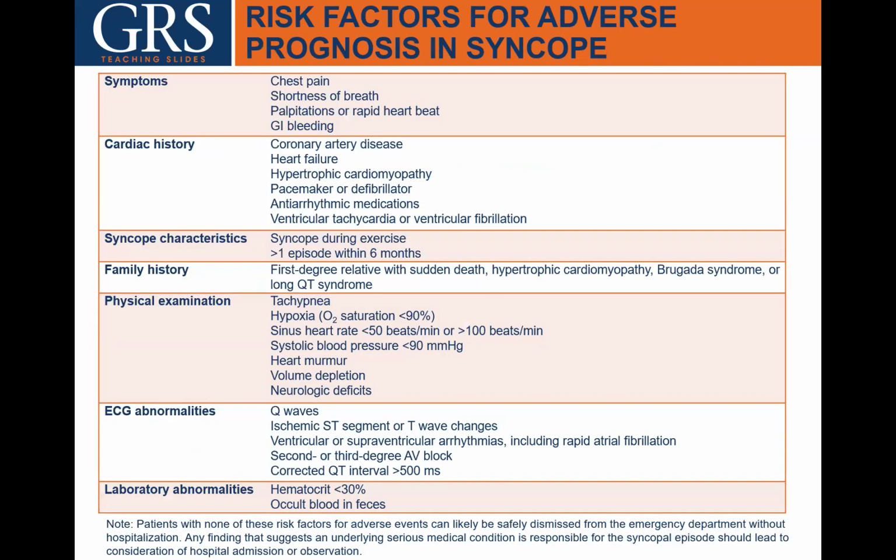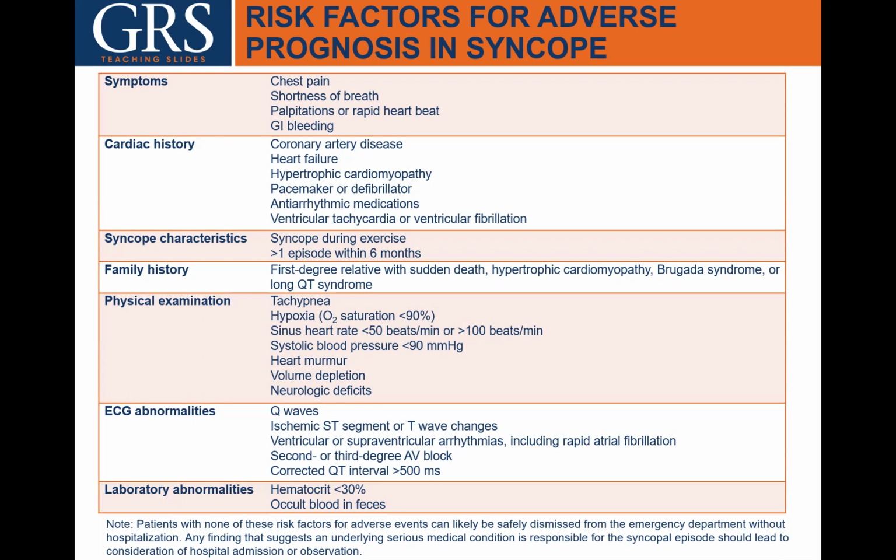Here are the risk factors for adverse prognosis in syncope, including chest pain, shortness of breath, palpitations or rapid heartbeat, GI bleeding, cardiac history like MI, coronary artery disease, heart failure, hypertrophic cardiomyopathy, pacemaker, defibrillator, antiarrhythmic medications, VT, VFib. Syncope characteristics include syncope during exercise, or more than one episode within 6 months. Family history includes a first-degree relative with sudden cardiac death,